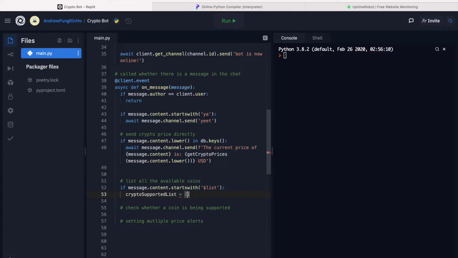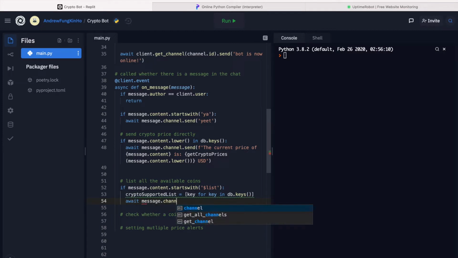So let's put a bracket, key for key in database.keys. So we basically do a for loop for the database.keys and append it into crypto supported list. And then we can send the message back to the channel .send, and that will be crypto supported list. So that will be the second task.